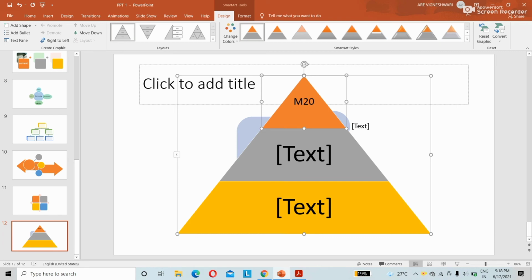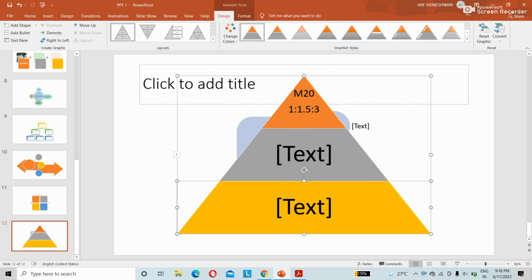Like M20 grade concrete, and mix proportion 1:1.5:3. Next M25, if you want to explain anything like that, or any chemical composition, this much percentage of silica is there, this much percentage of alumina is there, this much percentage of oxides are there.